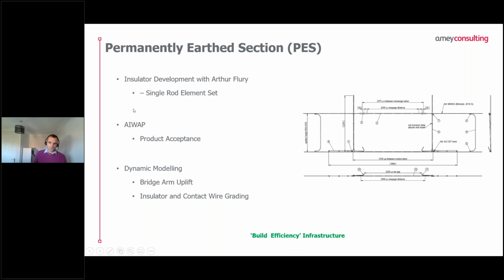What this has brought around is that in order to get product acceptance, because the CVL network is no longer part of Network Rail, we have to go via product acceptance, and we are going via AMI Infrastructure Wales product acceptance, which is actually very similar to Network Rail's product acceptance process. And then in order to take this product through that process, we've done quite a lot of dynamic modeling